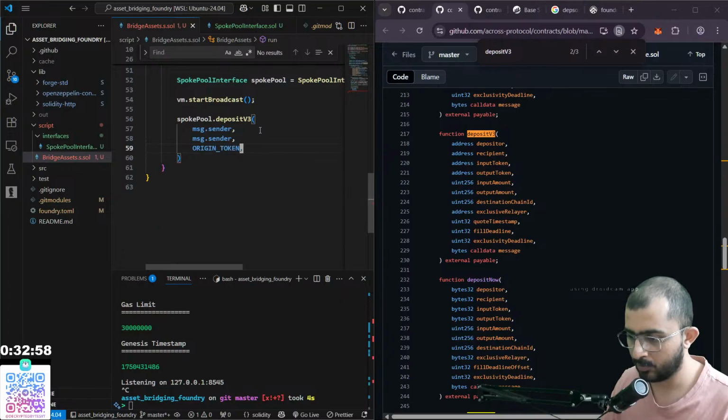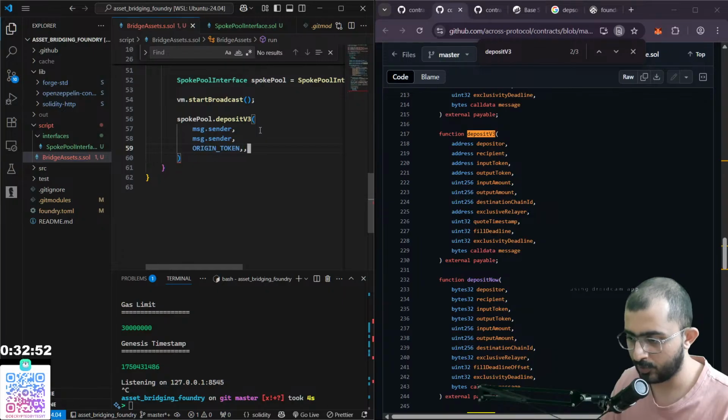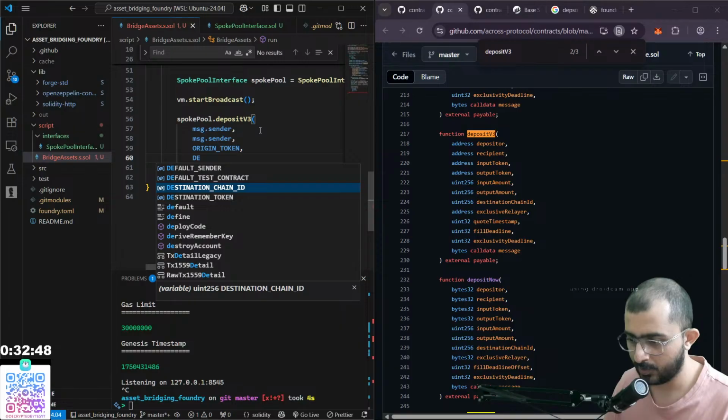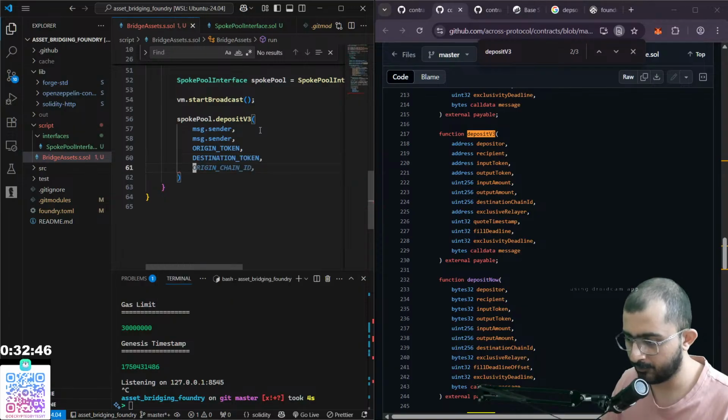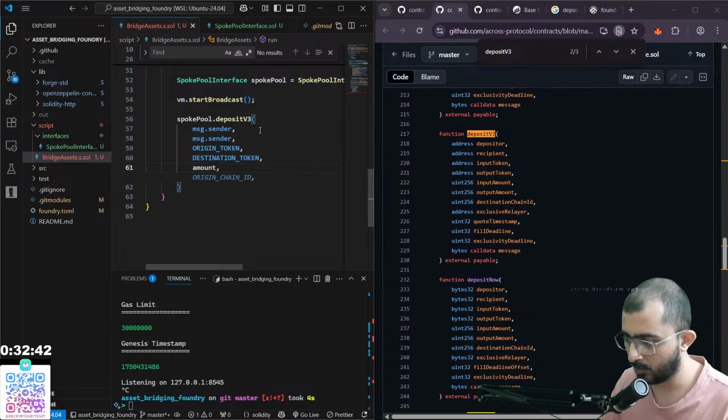No, it's saying input token, origin token, then destination token is amount. Do we... yes, we do have amount. Output amount is amount minus